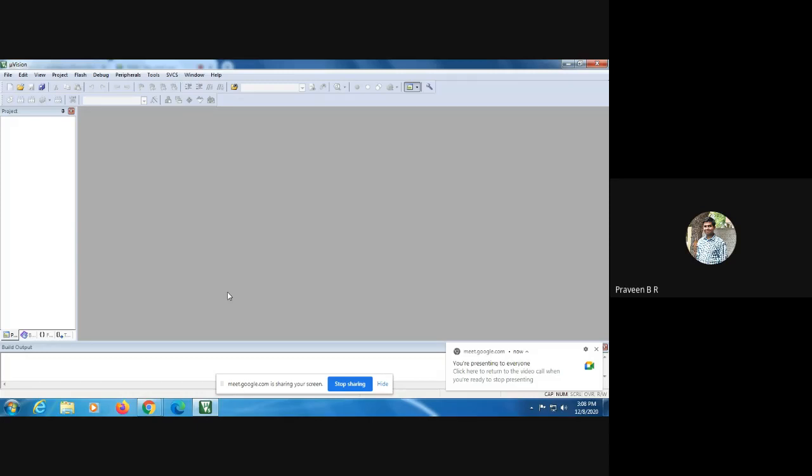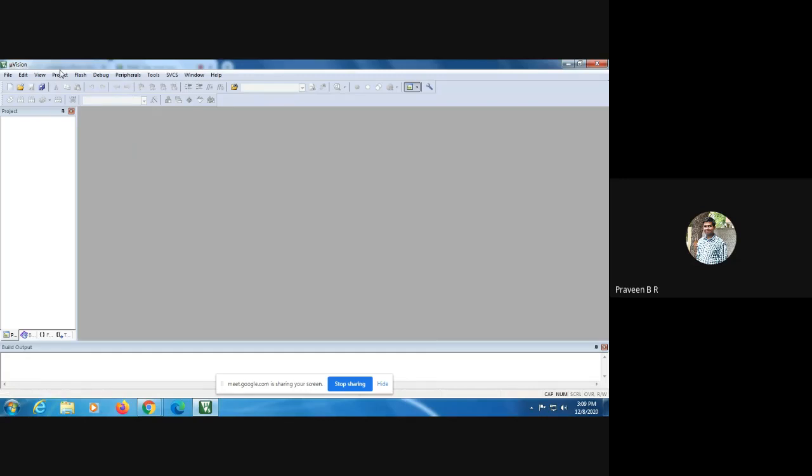Today, I'll be teaching you how to generate a sine wave, that is the digital to analog converter DAC experiment using C programming. Let us analyze the circuit. Before analyzing the circuit, the software used for producing this sine wave is Keil MicroVision software. So double click on Keil MicroVision software, and you get the screen.